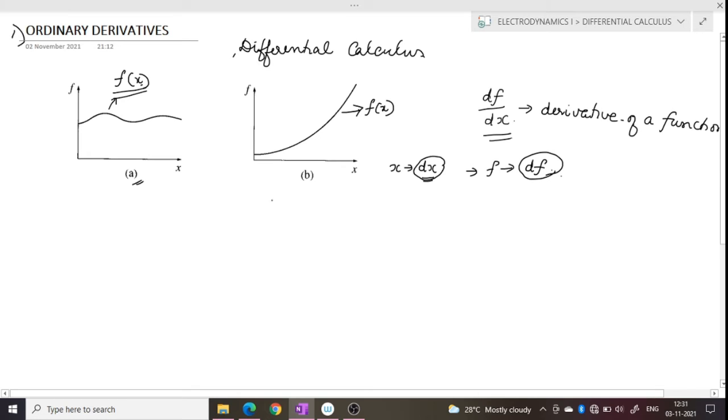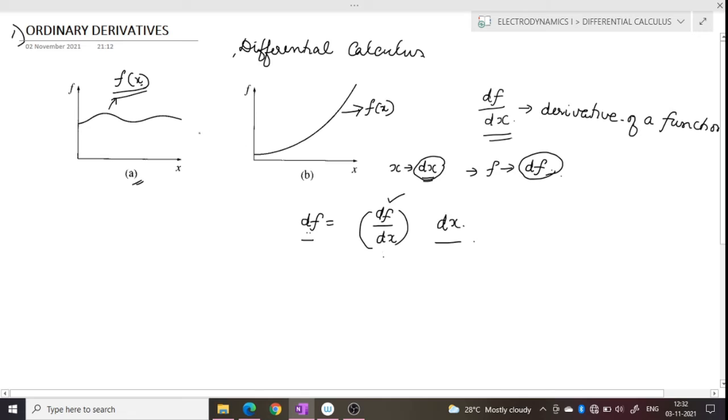So we can write df is equal to df by dx into dx. So what is this? This is called the derivative. So what is this df by dx? This is nothing but the proportionality constant between df and dx. So this is the geometrical interpretation of